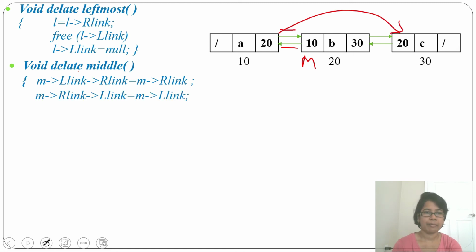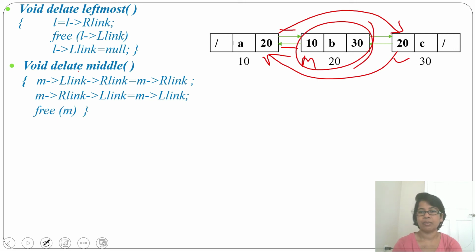Then M right link's left link will be M left link. This is M, its right link is this, and that left link will be M left link. Now the links are changed, so we free M. Now this will be freed. This is just the delete. I think you understood that insertion and deletion are very easy.